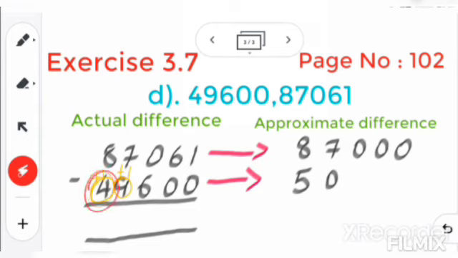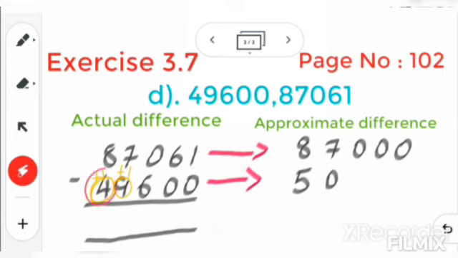Okay, the left side digit we write as it is. Here also you see 8. The left side digit we write as it is. But here we have made a change. We have added 1 here because we have to make a change in the thousands place. But here we have 9 in the thousands place. So when you add 1, it is becoming 10 now. So you cannot write a double digit in the thousands place. You can write only one number here. So in 10, only this 0 you will write here in the thousands place, and that 1 you have to carry to the left side place.